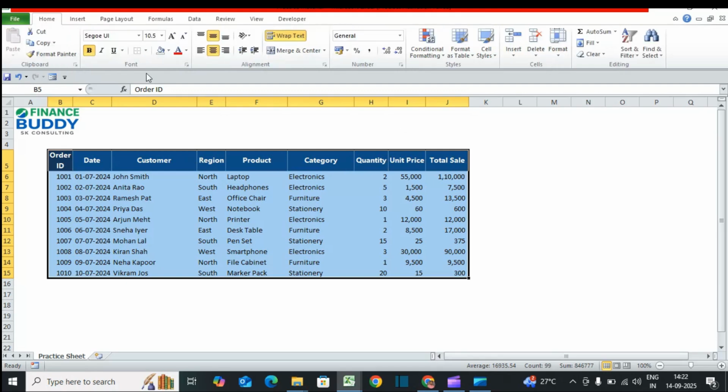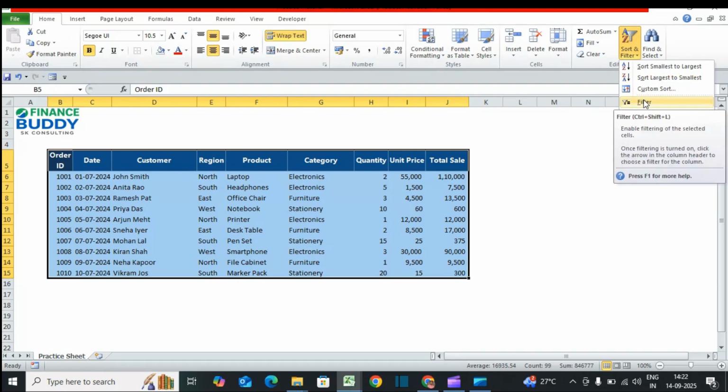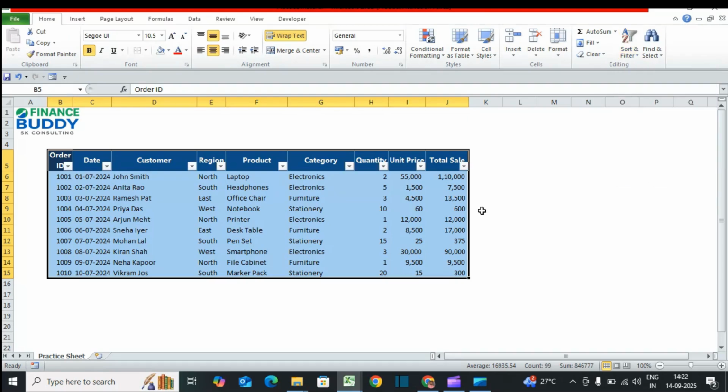Then another way you can apply filter is keep the data selected, and in the home tab itself, if you go to editing option, you will see sort and filter. You can click on the downward arrow, the small downward arrow that you see here, and then you can just click on filter. So this was the another way,